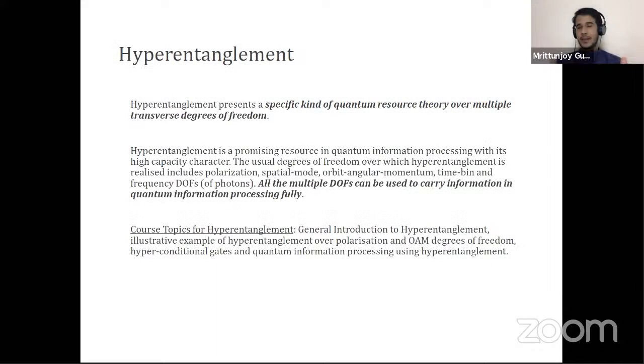Yeah. So now I have been working for the last year or so on a very specific kind of resource, which has to do with entanglement across multiple degrees of freedom. To give you an example, light has multiple degrees of freedom, such as polarization, orbital angular momentum, and the path degree of freedom as well. And it's very interesting that for certain kinds of circuits or apparatus, physically speaking, one can selectively access or transform or do certain operations in each of these degrees of freedom, such that they are kind of